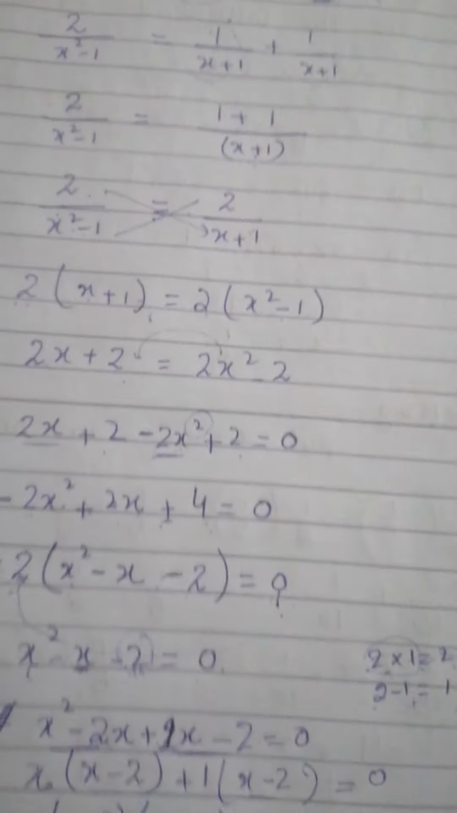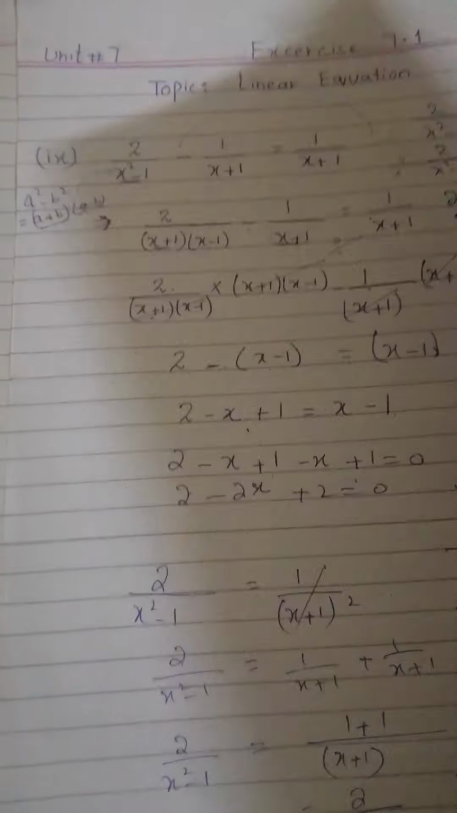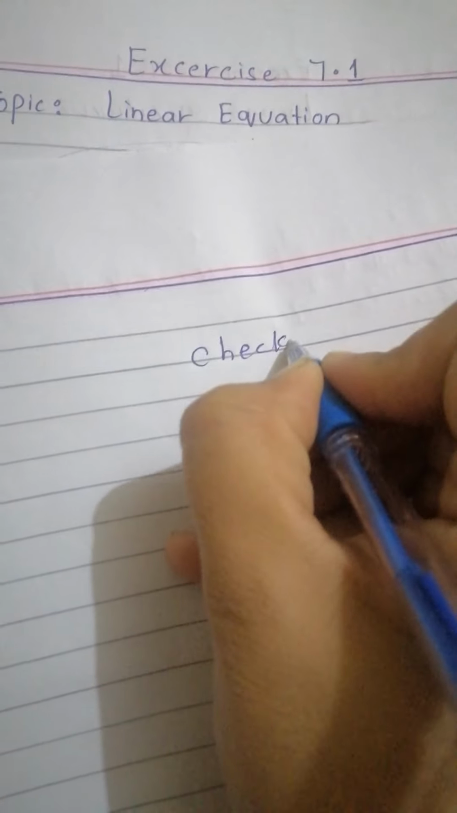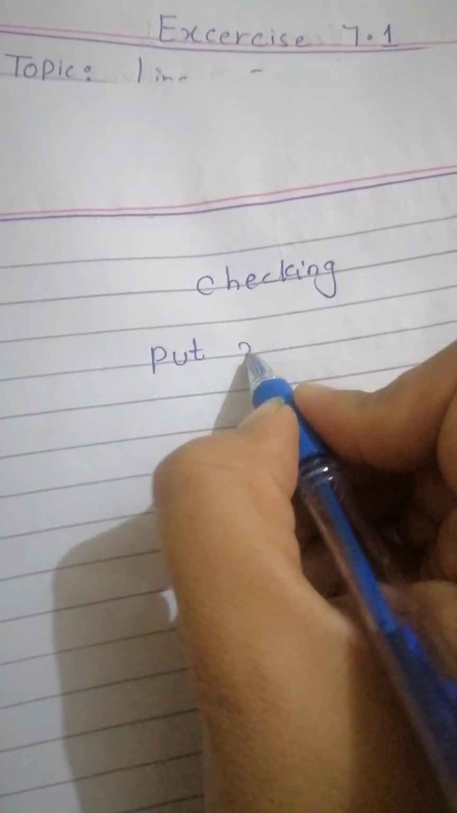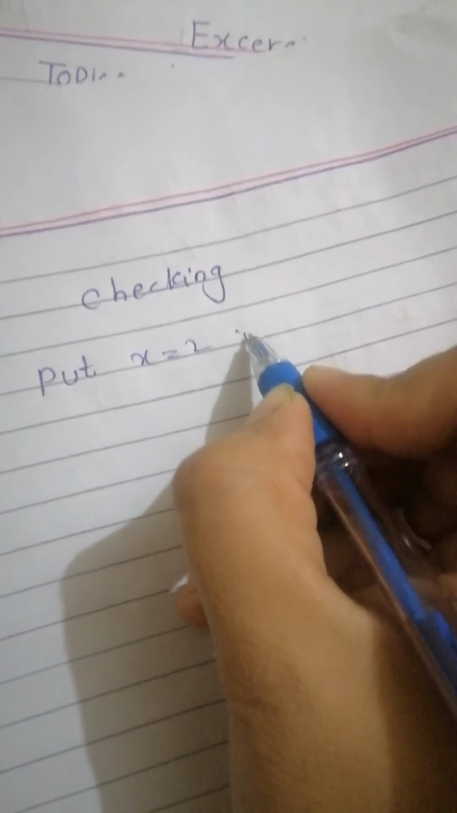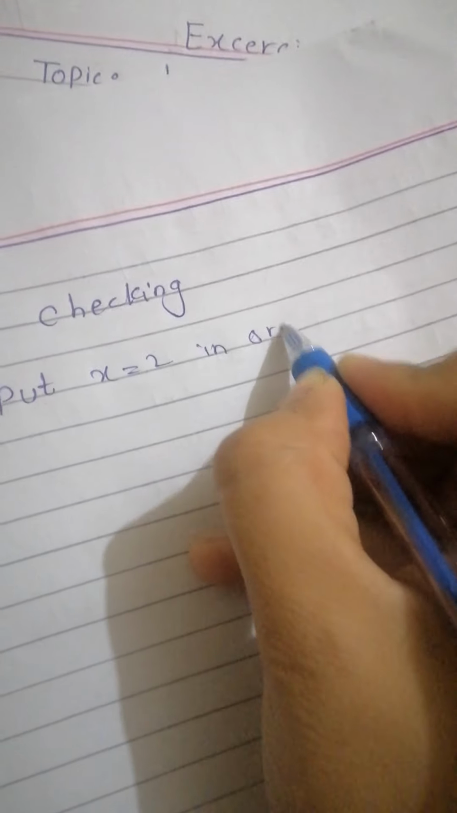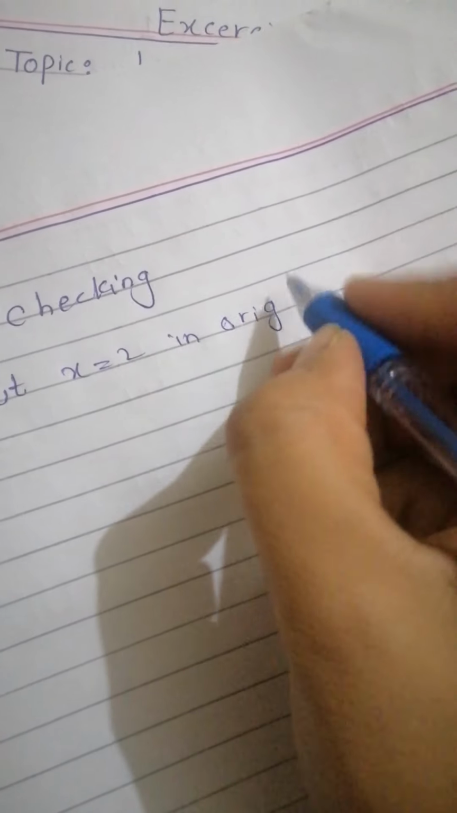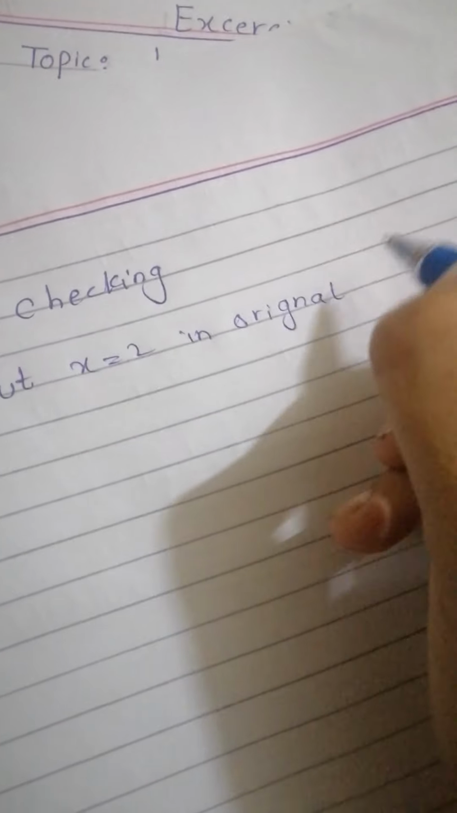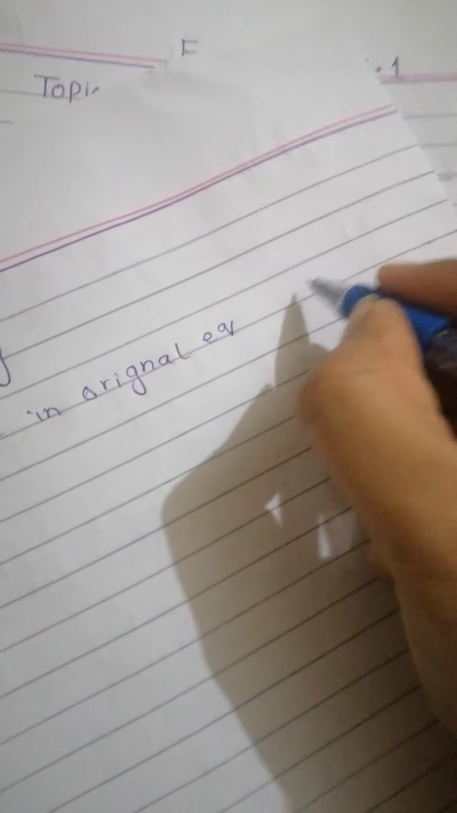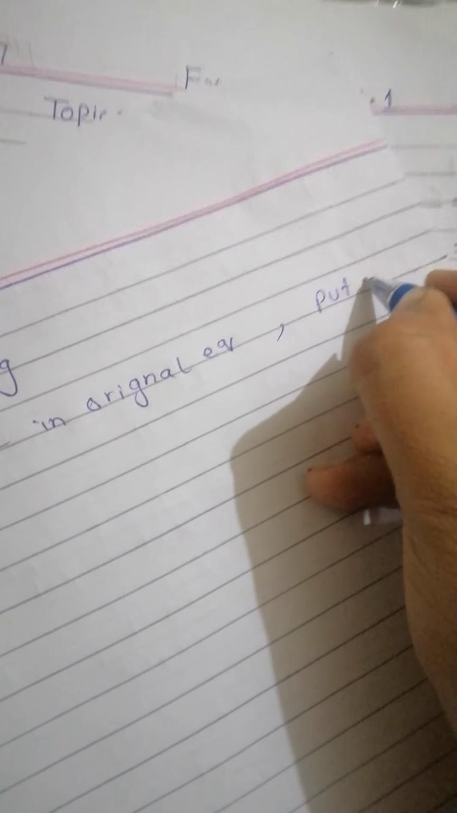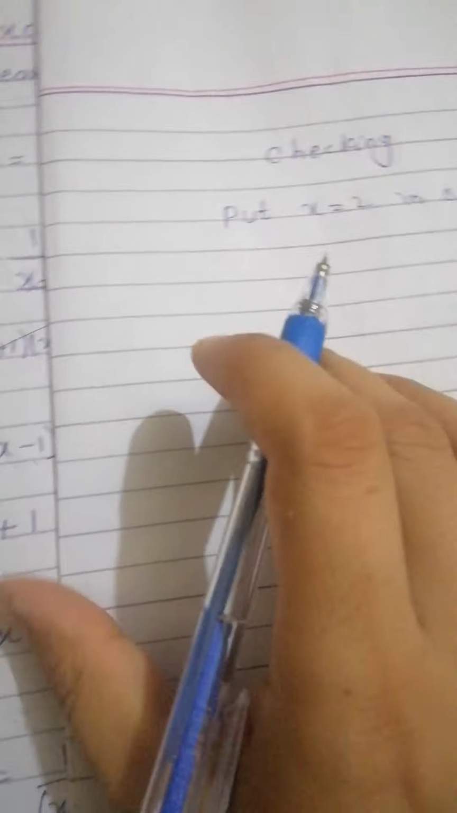So you will check it now. How will I check it? Checking means you will put x is equal to 2 in the original equation, right? Similarly, you will put x is equal to minus 1 in the original equation, right? So what is the original equation? The original equation is